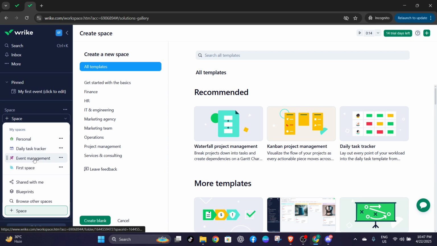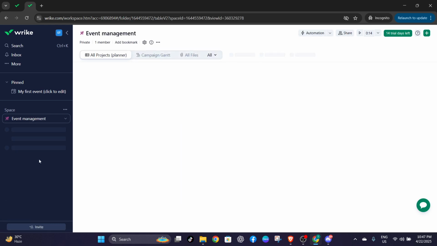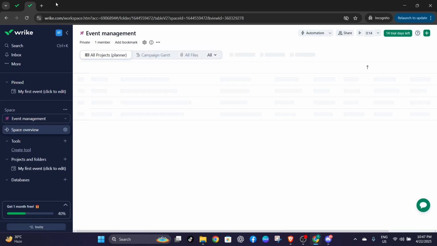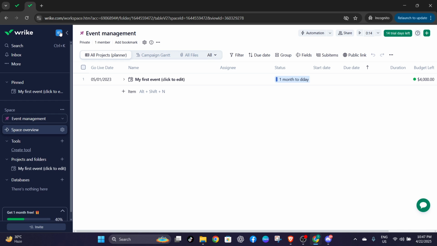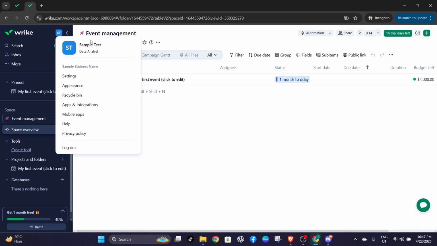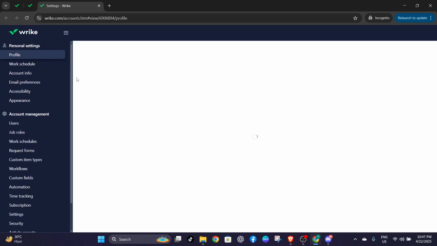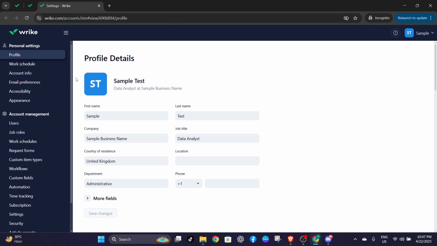Next, keep an eye out for your profile picture displayed on the sidebar. Clicking on it will reveal a drop-down menu. From here, you'll need to select Settings. Think of this as your control center, where many of the options related to your account and projects can be fine-tuned. Once you're in the settings, locate the account management section. This is where you'll find access to request forms. It's important to familiarize yourself with these options as they are crucial for tailoring the request forms to your specific